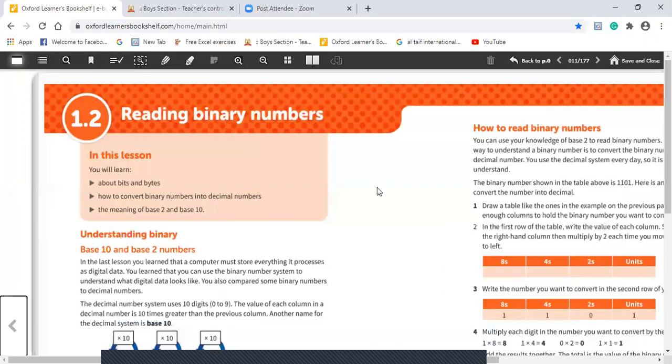Okay, class 7, lesson 1.2, reading binary numbers. In this lesson, you will learn about bytes. You will learn about bits and bytes, how to convert binary numbers into decimal numbers, the meaning of base 2 and base 10,